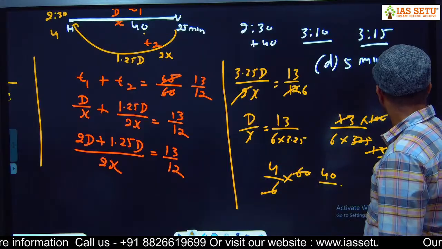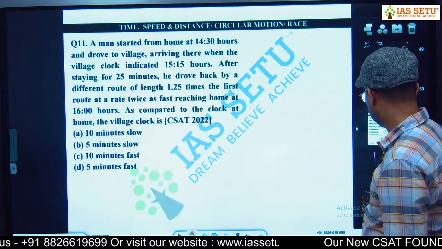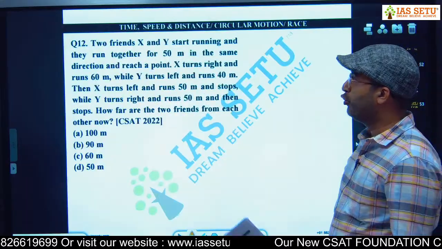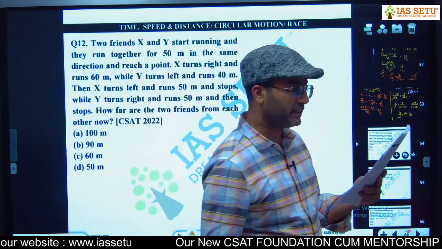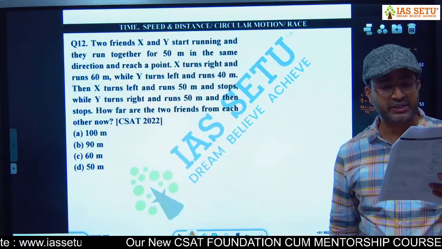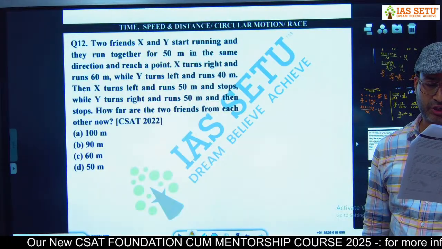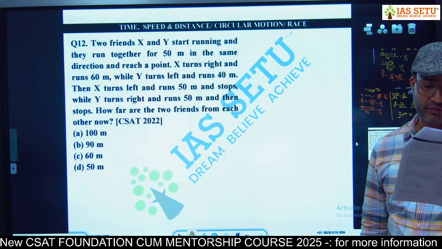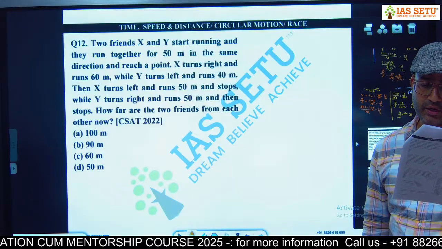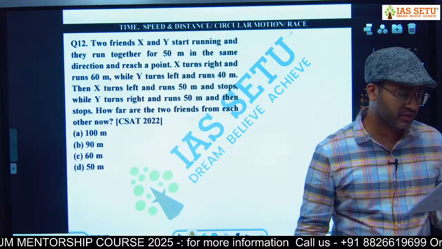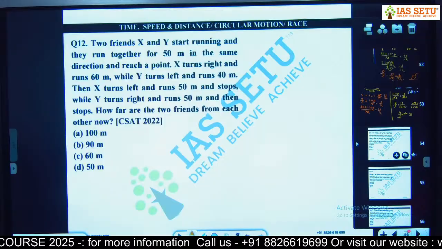Question number 12. Two friends X and Y start running and they run together for 50 meter in same direction and reach a point. X turn right, run 60 meter, while Y turn left and run 40 meter. Then X turn left and run 50 meter and stop. Y turn right and run 50 meter, stop. How far are the two friends from each other now? ये वैसे होना चाहिए डिस्टेंस का, उसका डायरेक्शन सेंस का क्वेश्चन ना, but here how far they ask, we can